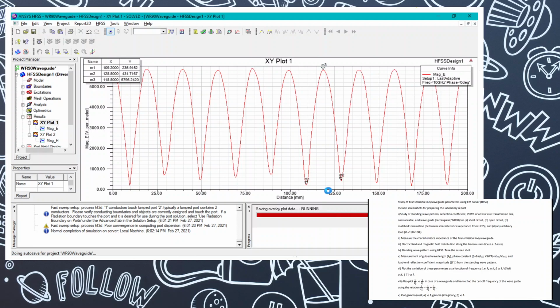The distance between the peaks, and the distance between the two, is known to be lambda g by 4, which is the guided wavelength, lambda g. And if you calculate the distance between the two, this M2 and M1, we will be able to find the guided wavelength. Similarly,